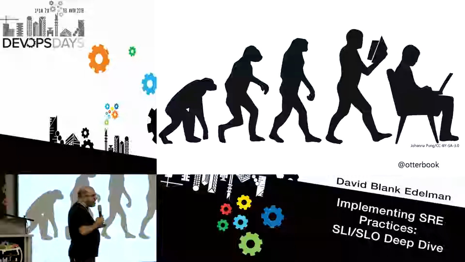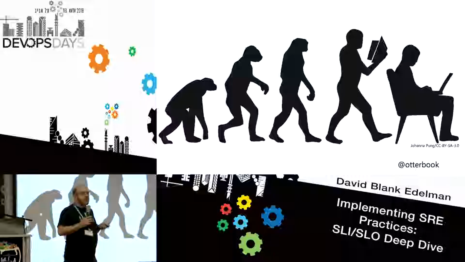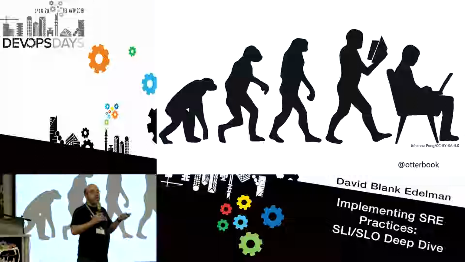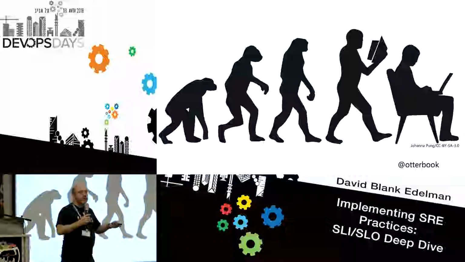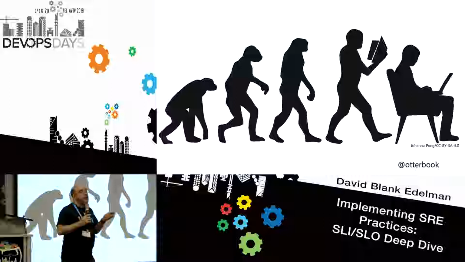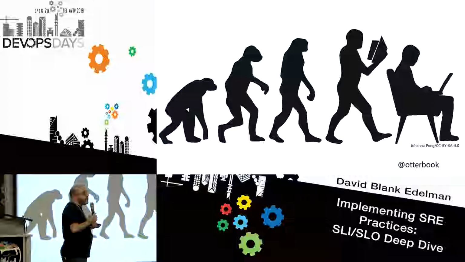So the other thing that I think it's really important to say whenever I talk about site reliability engineering is that site reliability engineering is not the next evolutionary step from DevOps. It is not that once we were sysadmins, then we grew up and we became DevOps, and now someday we hope to mature and become SREs. It is not the case. In my opinion, site reliability engineering is just another parallel track of operations that is attempting to solve similar problems. So please don't take it that I hope everybody in this room will someday be SREs. That is not what I hope. I hope that you'll take something from SRE, but I don't think you should expect to grow up and become an SRE.